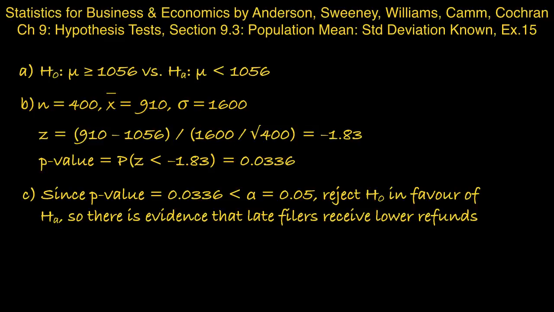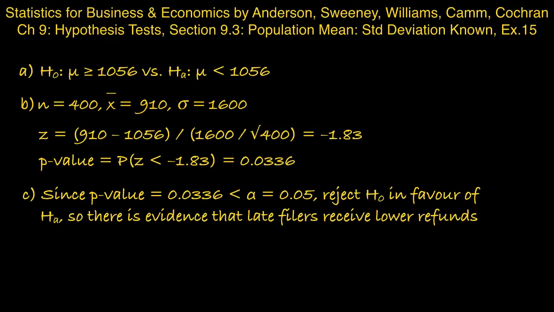Part D: repeat the preceding hypothesis test using the critical value approach. So we're doing a lower tail test. The rejection region will be the lower tail such that that lower tail area is equal to 0.05, and